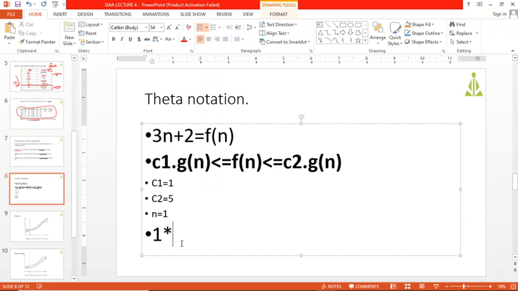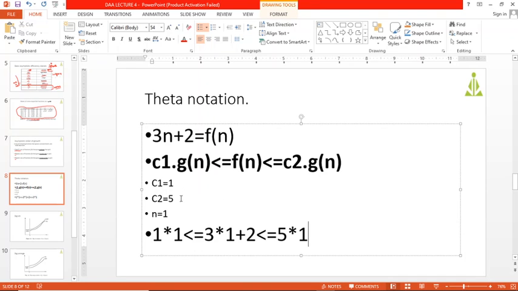So what is n now? n is 1. And that should be less than or equal to f of n. What is f of n? 3 times n, where n is 1. So you can write 3 plus 2, and that should be less than or equal to c2. What is our c2? c2 is 5